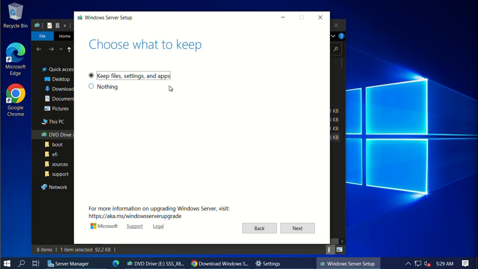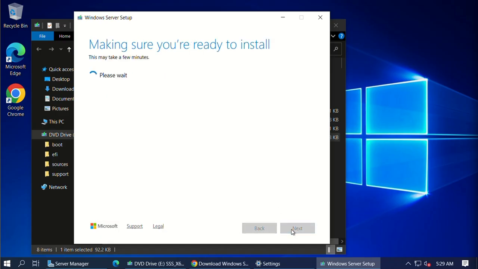Choose what to keep. There are only two options. You can select nothing to click install, or you can select keep files, apps and settings to keep your data and apps. And I will select this. Click next.